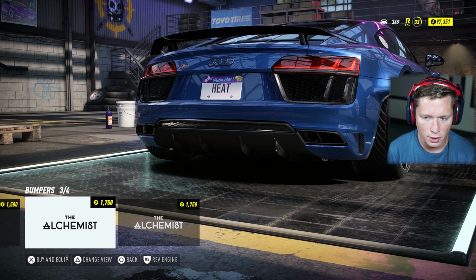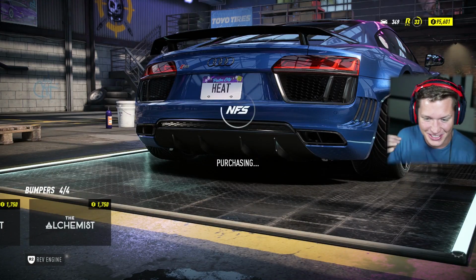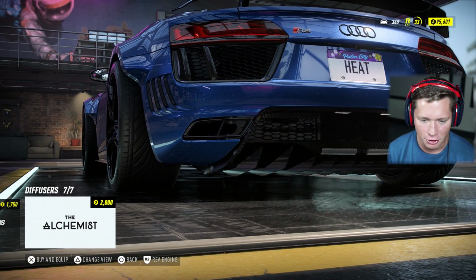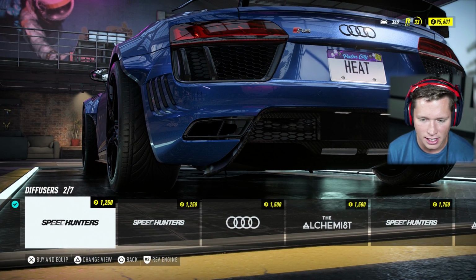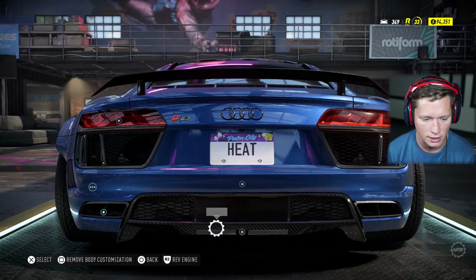Rear bumper, what do we want to go with? Woohoo! That Alchemist, dude, it's got the gills on the sides. I like that a lot. Rear diffuser, we are definitely going to be switching this up. I'm going to say, I kind of like this. I'm going to go with the Speed Hunters rear diffuser, and then let's add